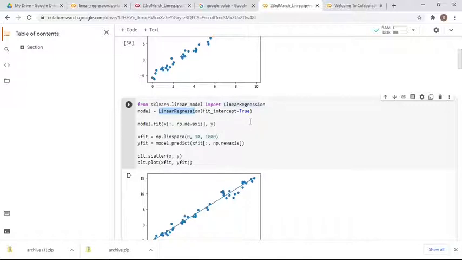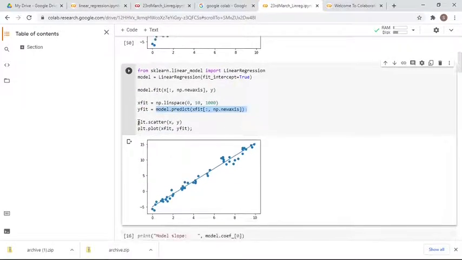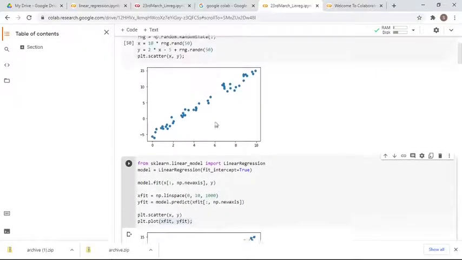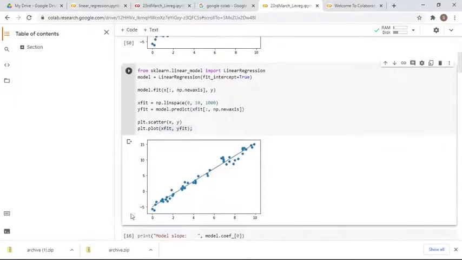Okay, and you see here this is x_fit and this is y_fit, and this y_fit model is actually predicting, and then finally we have this scatter plot and then x_fit and y_fit. Okay, so this is a straight line. If you run this one, the straight line will be fitted over here on these data points. This straight line has been fitted using this linear regression model.